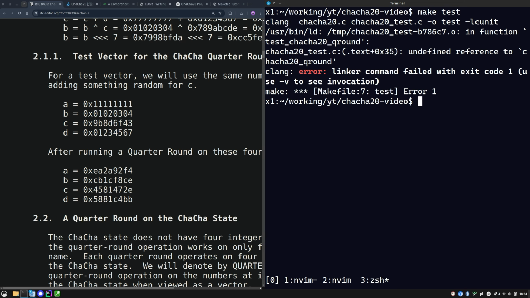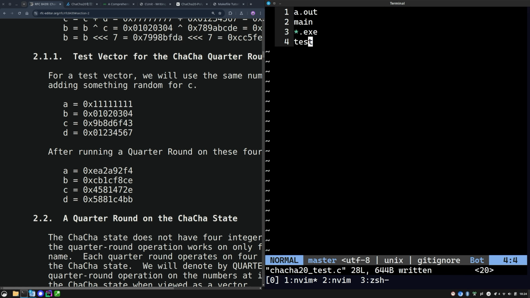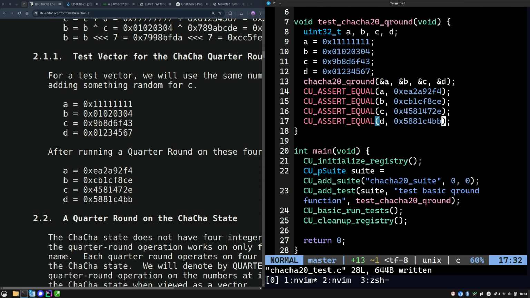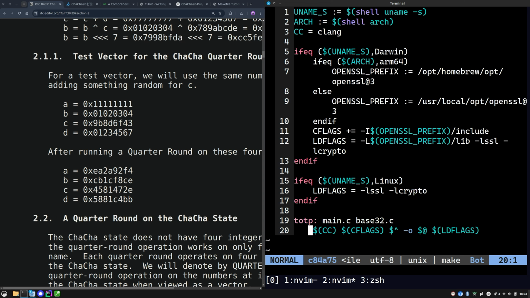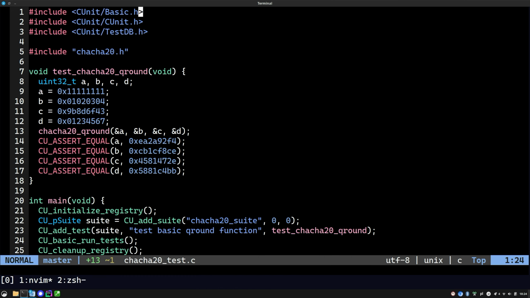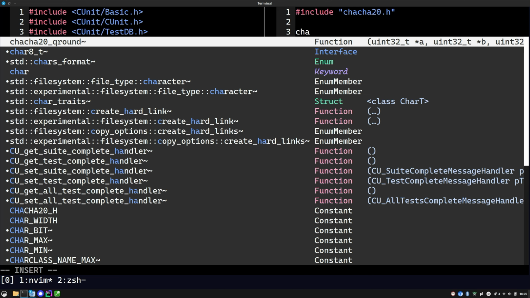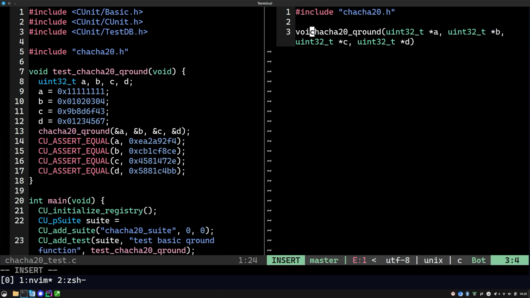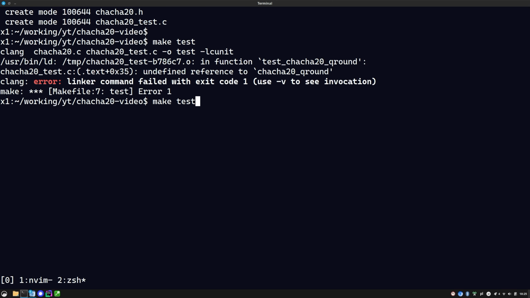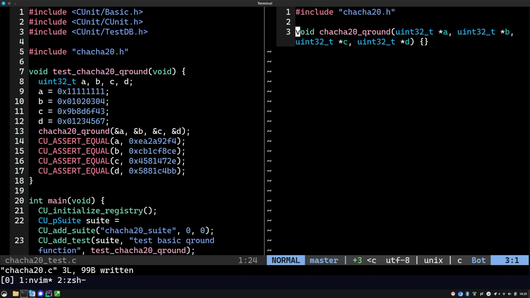And ChaCha CU_run, test ChaCha CU_run. Wait, what? Aren't we compiling them together or what? This is ChaCha20.c. Okay, so we're going to have to define this ChaCha20 CU_run function, otherwise it won't compile. But for now we just don't do anything in it. So now all of the assertions have failed because we aren't doing anything in there, right? So